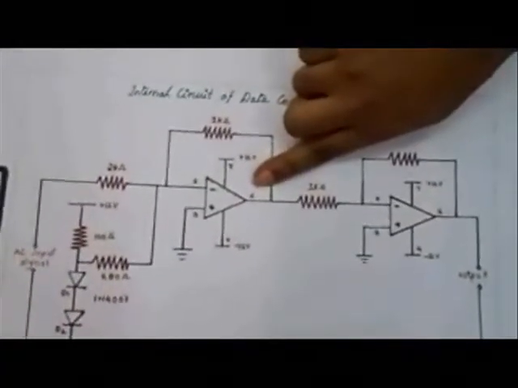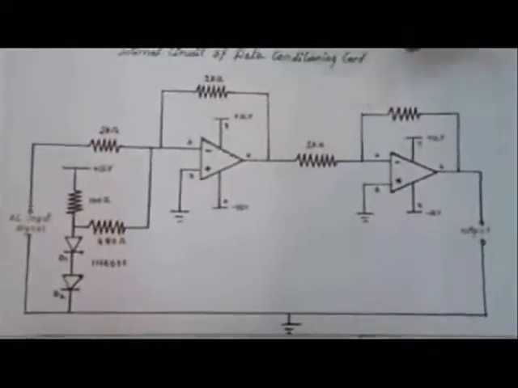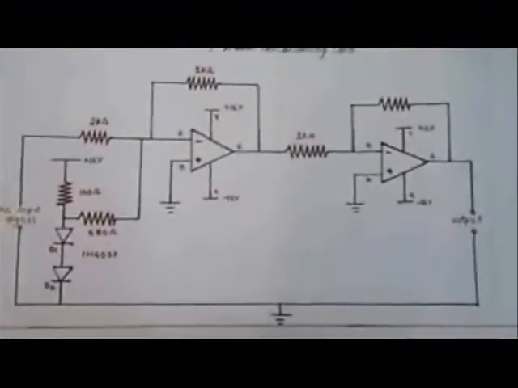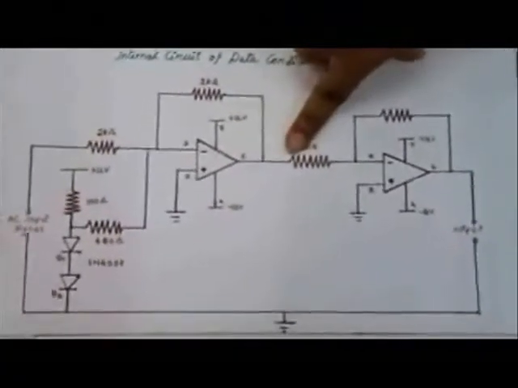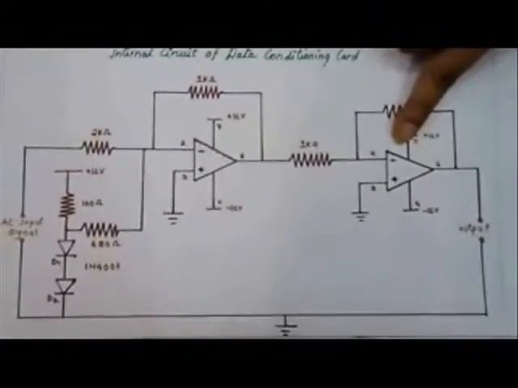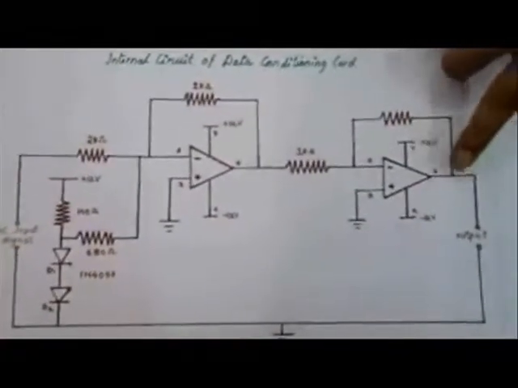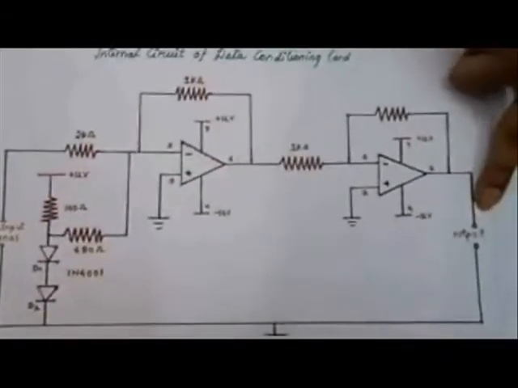Here the reference DC voltage is preset to a value according to the components used, which in turn depend upon the maximum load. The output of the summing amplifier is negative. In order to convert it into positive, the second op-amp acts as an inverting amplifier. This gives a positive output. This output is given to the Arduino.